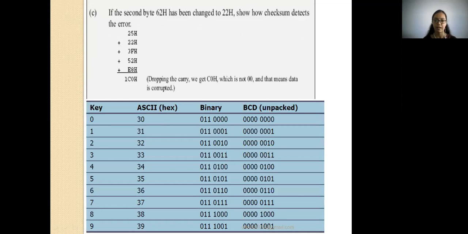Again, the same example has been given to you for checking the checksum byte. Here you can see the final answer is C0 if I am dropping the carry. That means the final answer is not 00, so your data is corrupted. Somewhere one of the bytes of data has been corrupted.